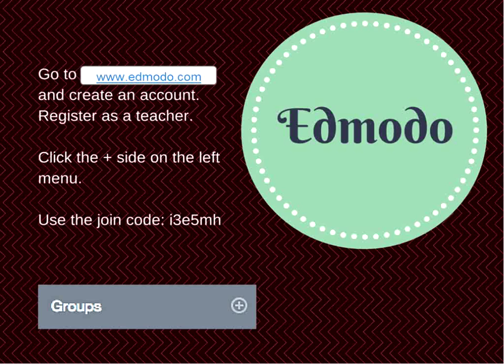Once you're in, no matter how you got in, by creating a new account or by already having one, on the left-hand side you're going to see what looks like this on the board, the blue or gray Groups tab, and you'll see that little plus sign beside it. That little plus sign lets you either create a new group or join a group. In this case, you're going to be the student and try joining the group. Once you click Join Group, you have to enter the join code, which is on the board, and it's